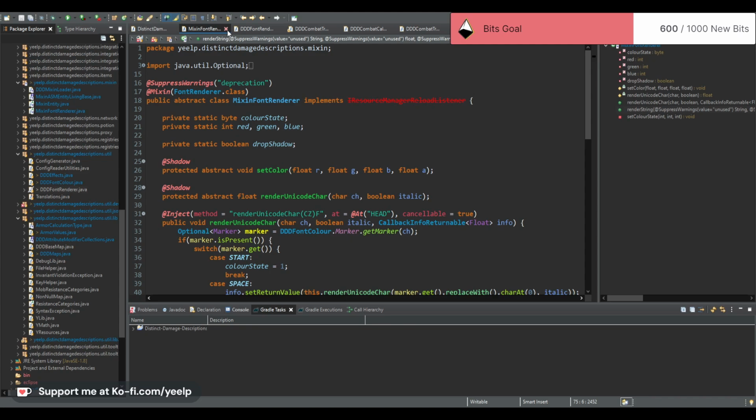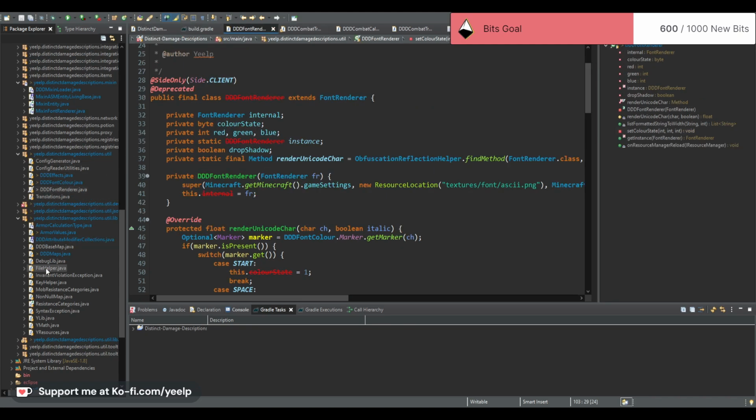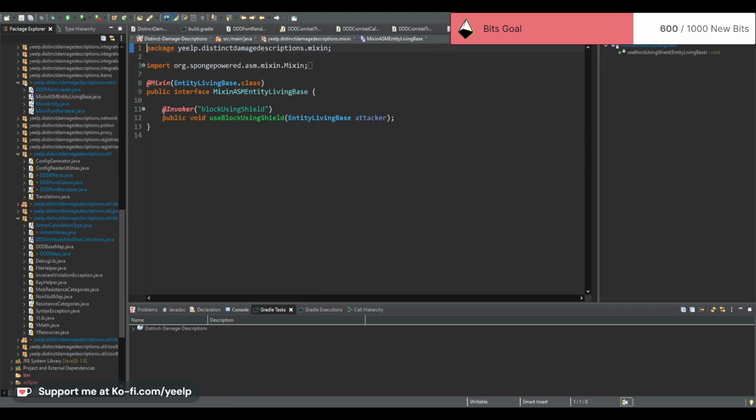I also had to add this little invoker, which allows me to call this method from the entity living base class, even though it's a private method. Which I need to do because that's how DDD does shield stuff. However,